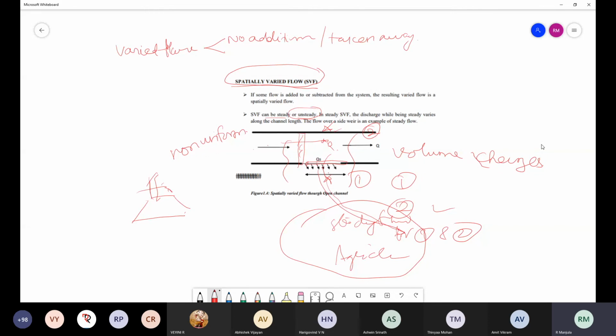And what is the difference between all these types of flows? And the channels: lined channels come under prismatic, and all the natural channels come under non-prismatic channels. Now all these different types of channels we are going to discuss with respect to flow conditions. So this is today's class, these are the topics covered. Maybe we will start with channel velocity distribution and shear stress distribution in the next class.